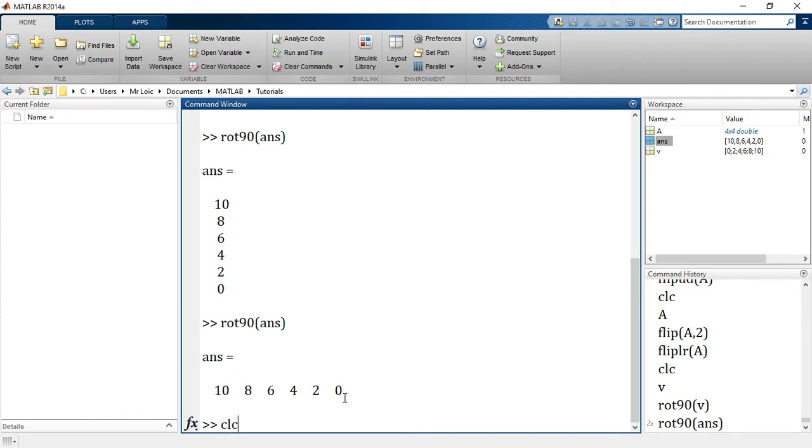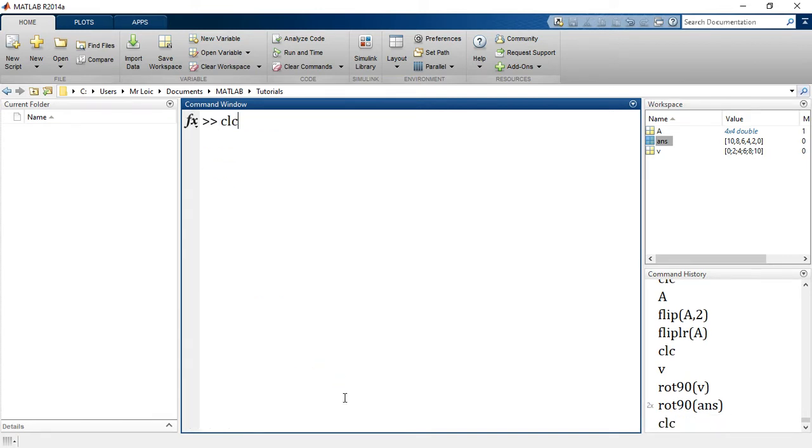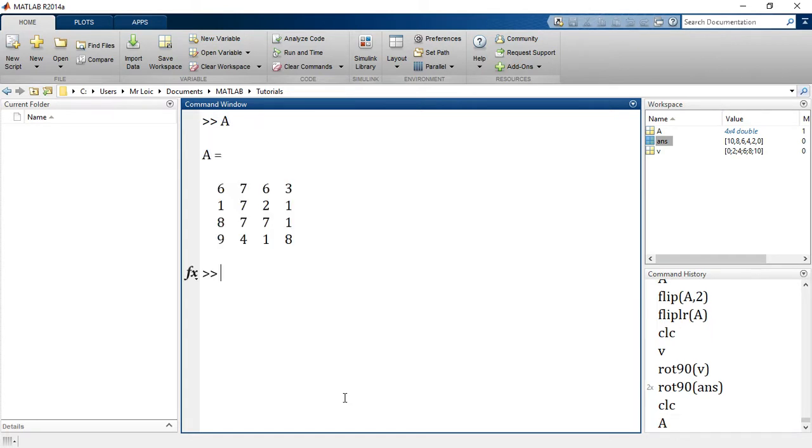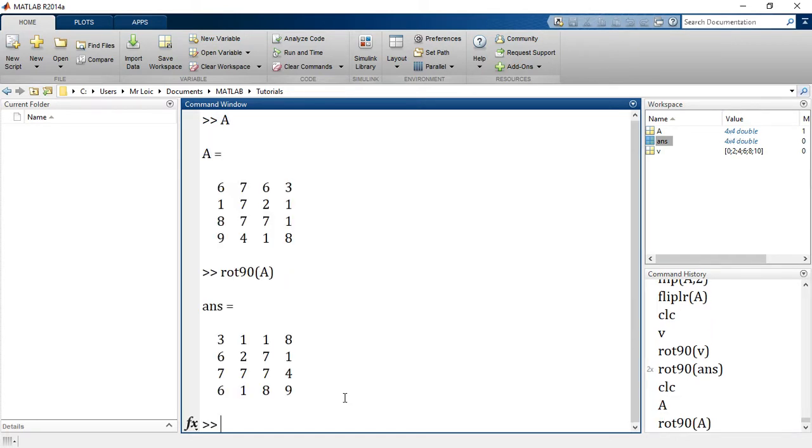So it is exactly the same principle when it goes to arrays. Let's first of all remind ourselves again of A. What will rot90 of A do? It just takes all of this and turns it around.